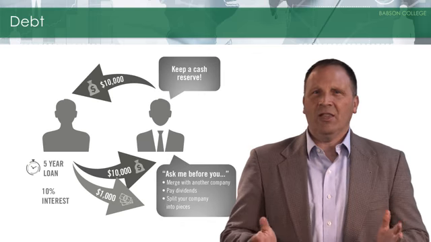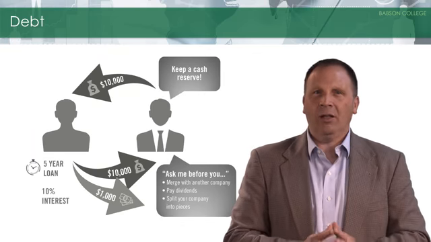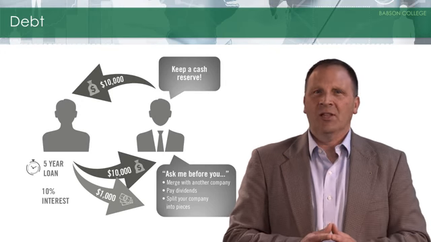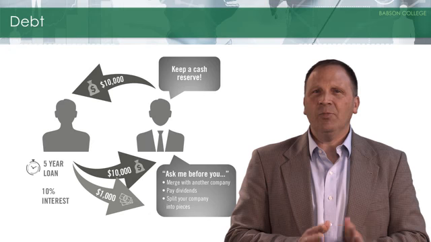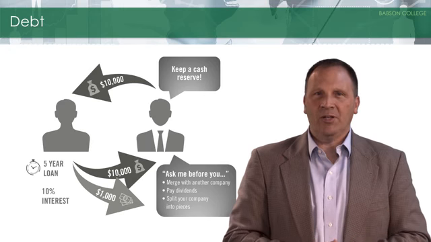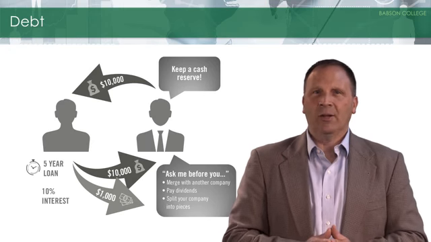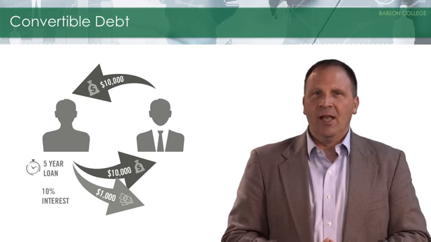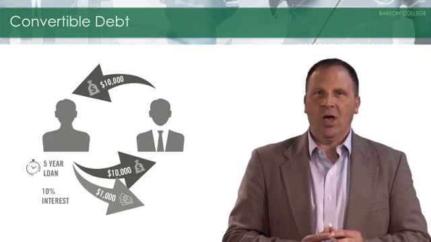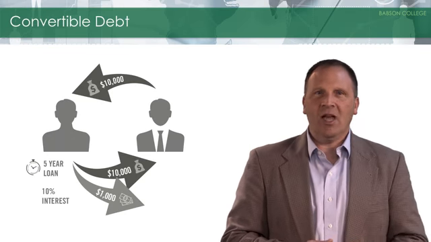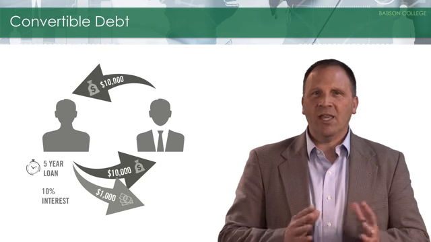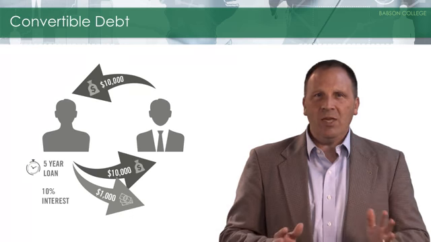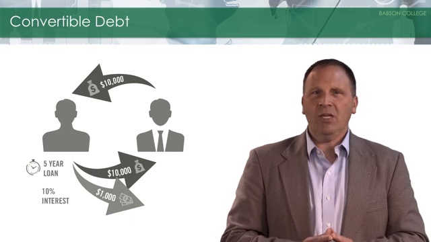Why does the lender think like this? Because no matter how well your business performs in the future, the lender doesn't get any more than the 10% interest and the repayment of the $10,000. Simply put, there's no upside potential, only downside risk for the lender. So how does convertible debt change all this? Simply speaking, the lender gets something in addition to the loan and now has a vested interest in the upside of your business. Because they now have the possibility of participating in the upside, they may be amenable to a lower interest rate in the meantime.